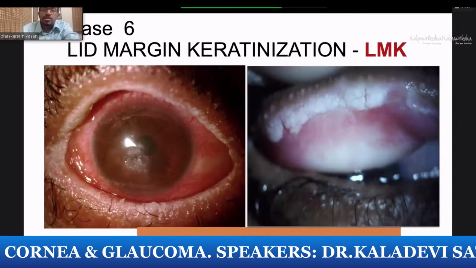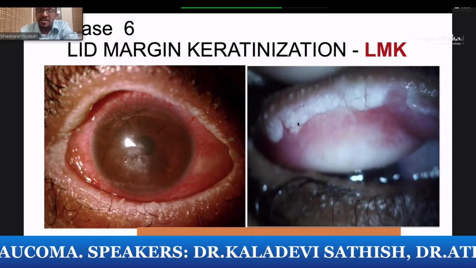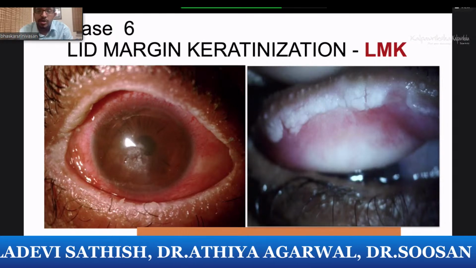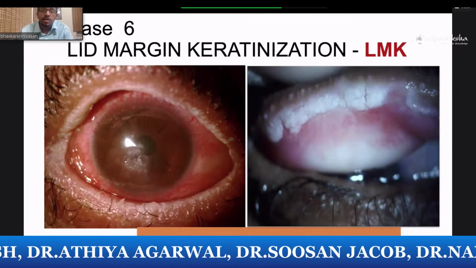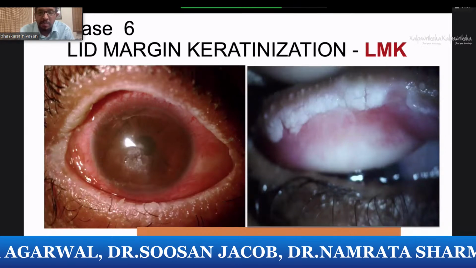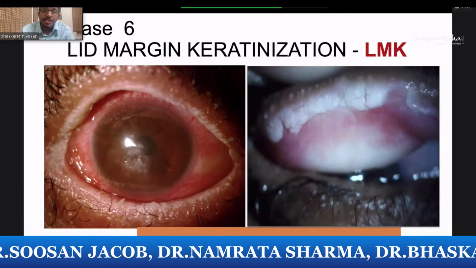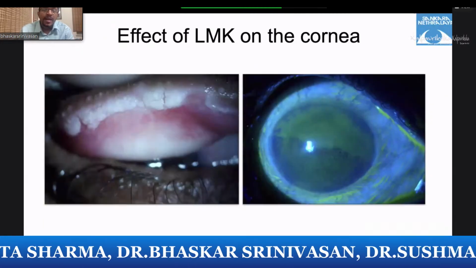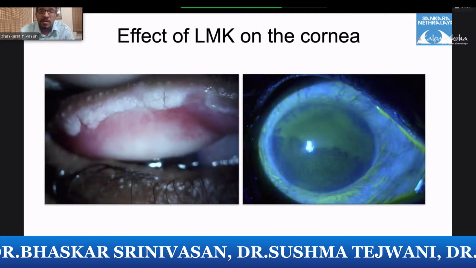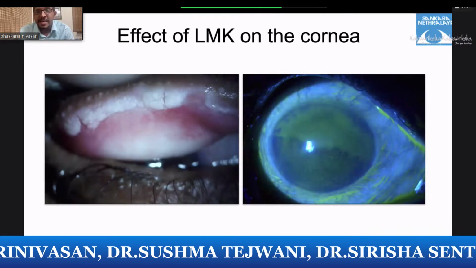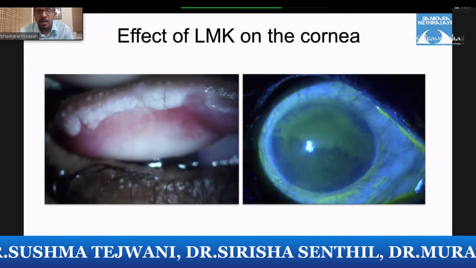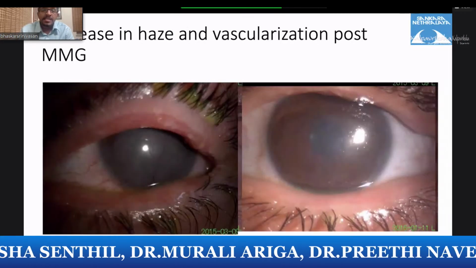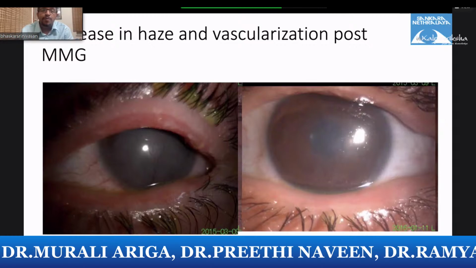Again, in SJS, you have something called lid margin keratinization, which basically means that the lid margin is not as smooth as it should be, and with each blink, it rubs on the ocular surface, causing blink-related microtrauma, which is responsible for significant corneal staining, corneal vascularization, persistent epithelial defect, and you would need to address that. You can address that either by using a Prose lens to prevent the lid margin from rubbing on the cornea, or excising it and replacing it with a mucous membrane graft. We prefer to excise it and replace it with a mucous membrane graft. And just by addressing the lid margin, you can actually see an improvement in the ocular surface status.